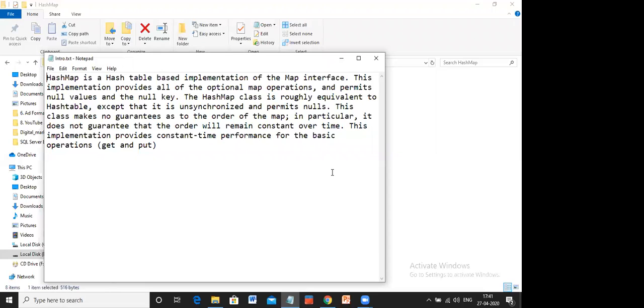Like for example, if you want to save somebody's email address, you'll take the email address and you'll take his respective name, right? Or else you can think of your phone number and the name. In such cases, array list cannot help you because array list can hold either an email ID or a name. It cannot hold both the properties. Getting it?